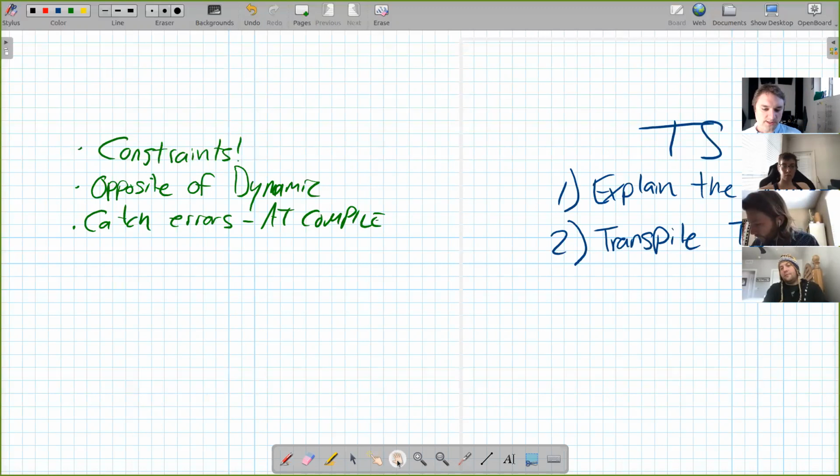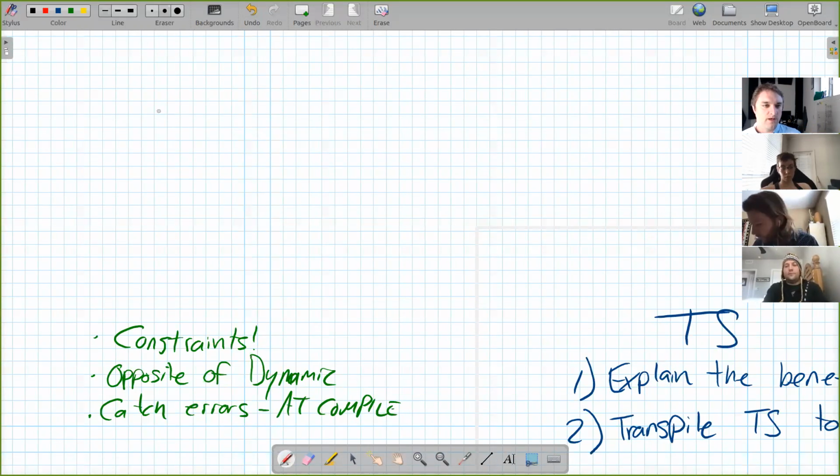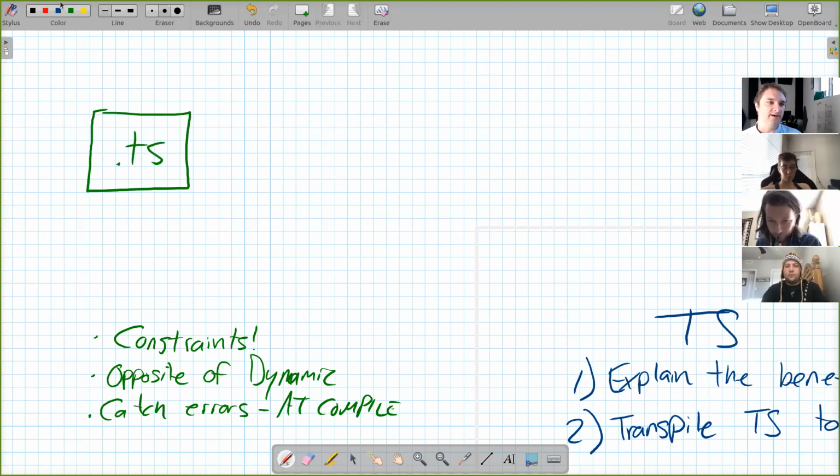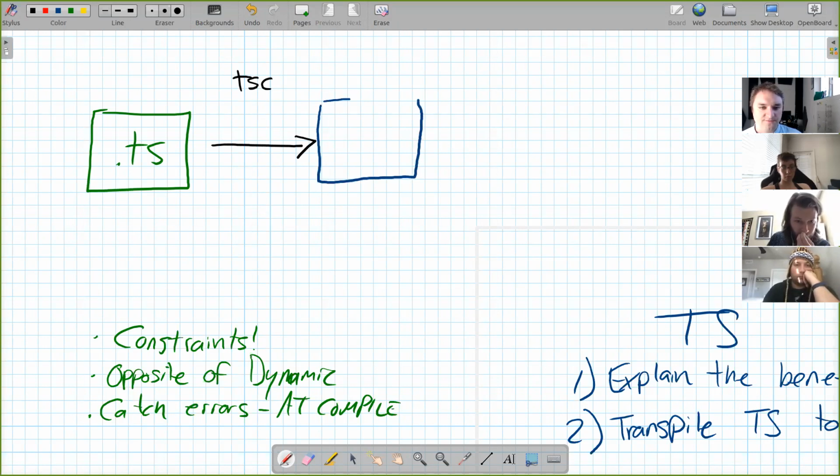So the way that this works is you write a .ts file, and then you run it through a program called TSC, which turns it into a JS file. We haven't broken the laws of physics here. Your browser doesn't understand TypeScript. Your browser still only understands JavaScript. So this is ultimately what we have to have in our code. But this step, which we're going to call transpilation,